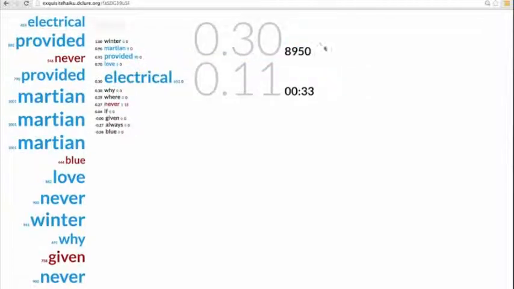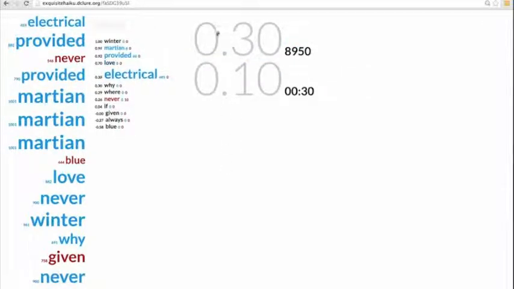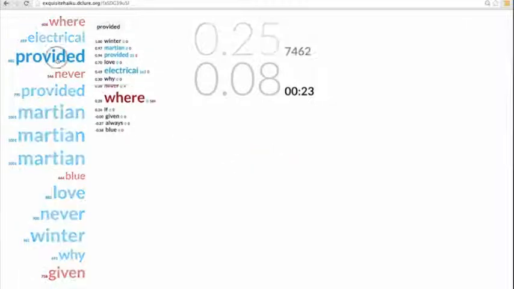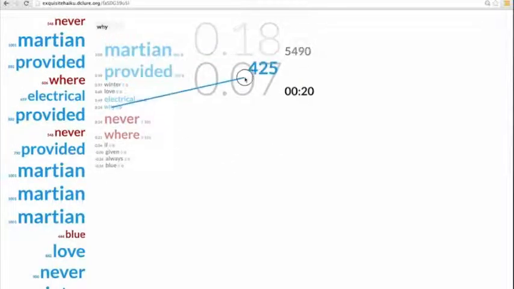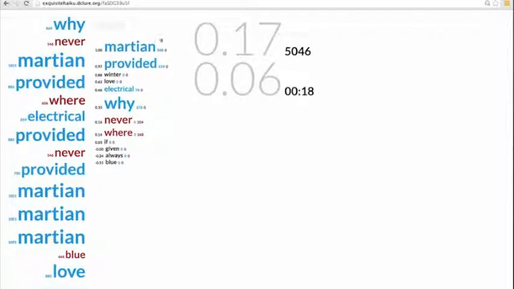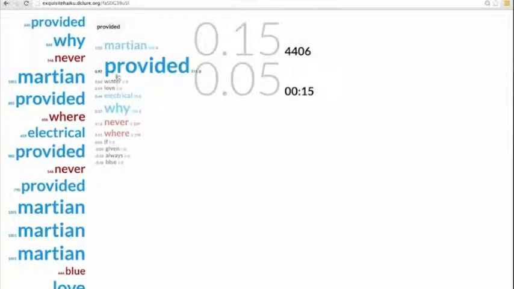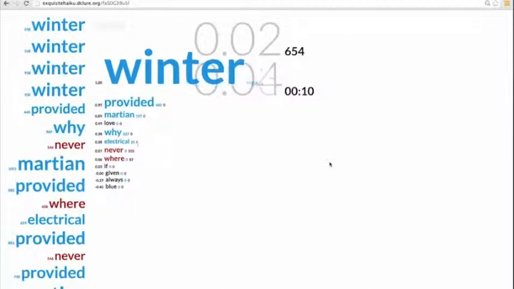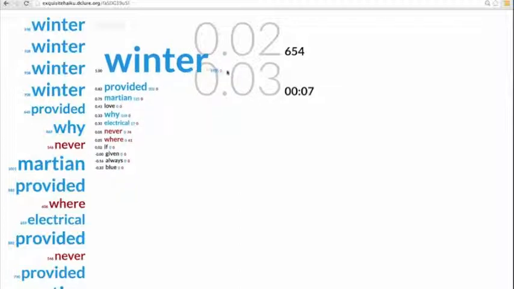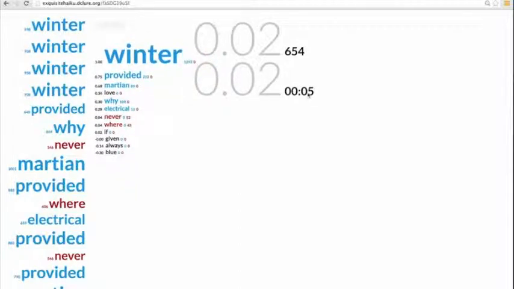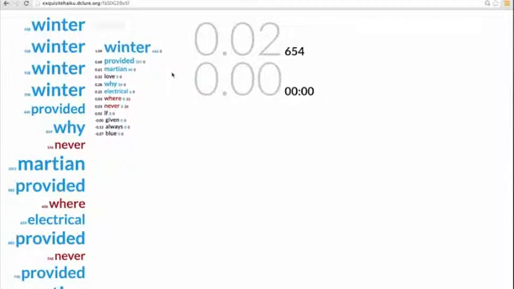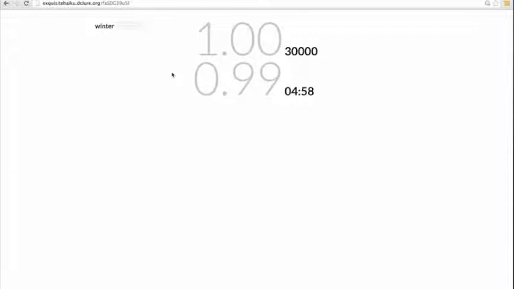That process continues over and over again, spending down the point accounts as the timer approaches 0. Eventually, at the end of the round, the word that occupies the very top slot in the stack will become the winner of the round. So in this case, we have winter sitting on top, and over here the timer is counting down. When that reaches 0, winter will lock into place, and the whole process starts again for the